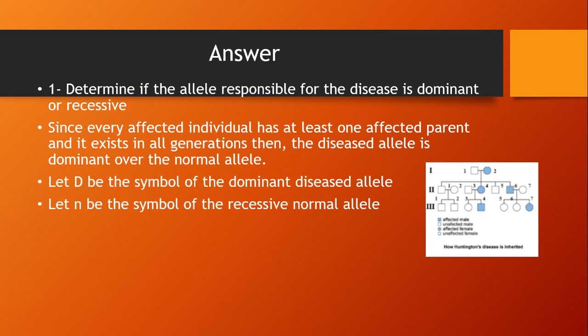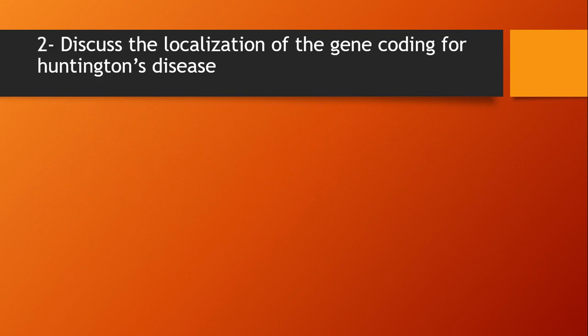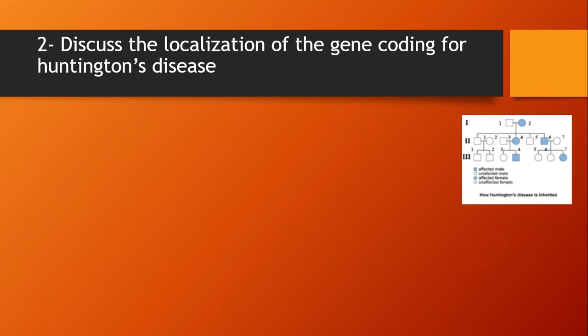So we are going to symbolize the diseased allele, which is dominant, by capital D, and we're going to symbolize the recessive normal one by the small n. As for part 2, discuss the localization of the gene coding for Huntington's disease. First of all, it's given that the localization of the gene is on chromosome number 4, which proves that it